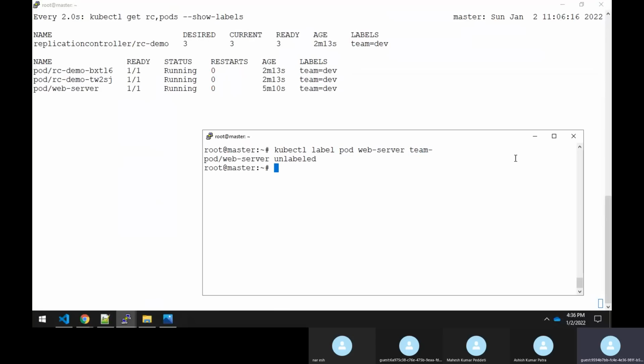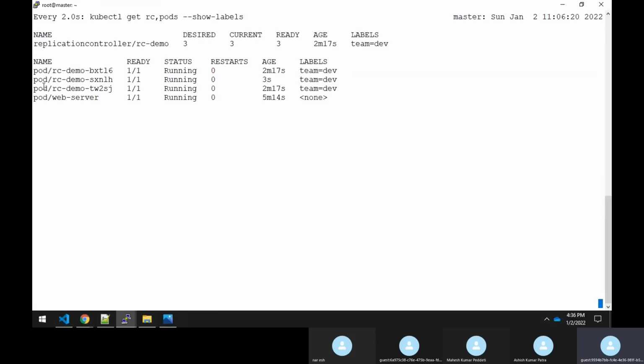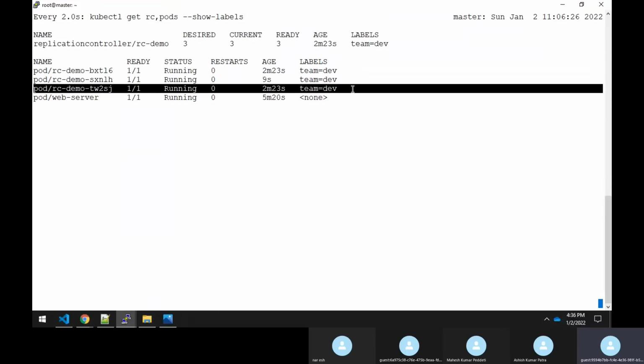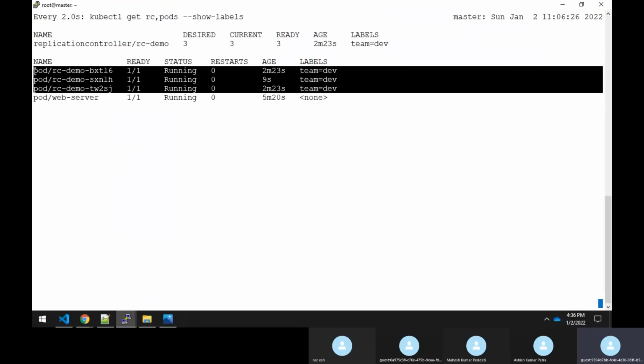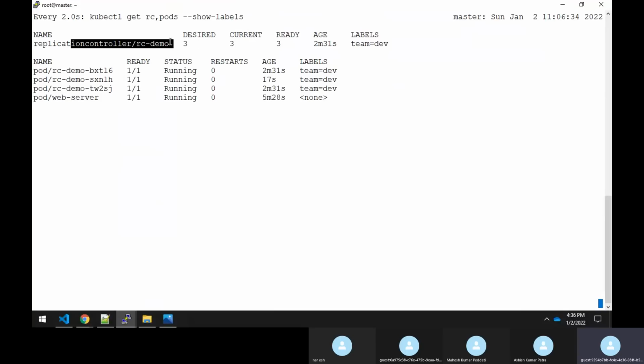I'm unsetting the label. Now you can see that you have unset this label and the pod has come out. To maintain the desired state, the replication controller has recreated one more pod. See, now three pods are running under this replication controller, whereas this pod is not under replication control because we have moved it out of the replication controller.